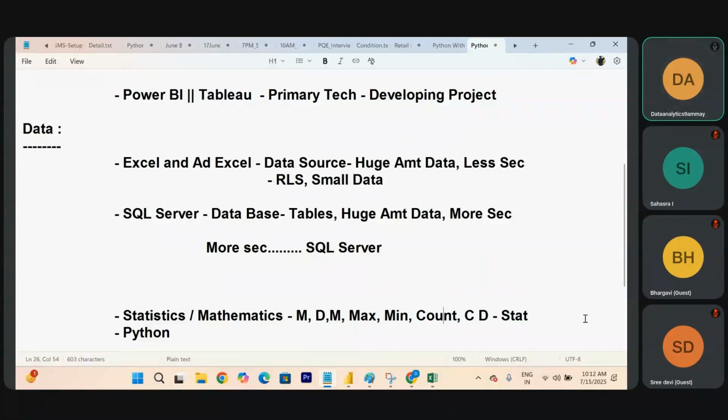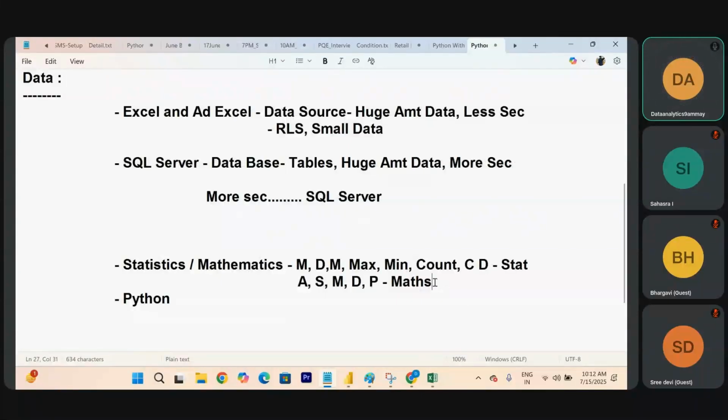Forget about it. When it comes to mathematics, there is no very big maths: addition, subtraction, multiplication, division, and percentage. Is this bigger? No. Even if you feel it is bigger, this is free.